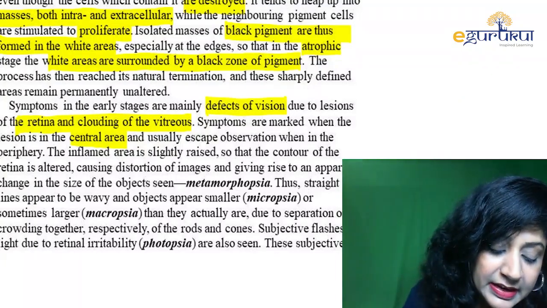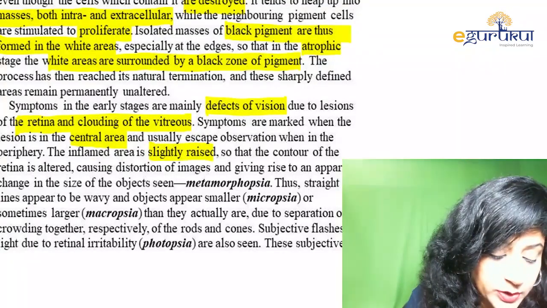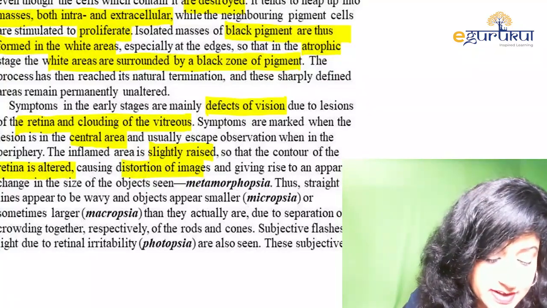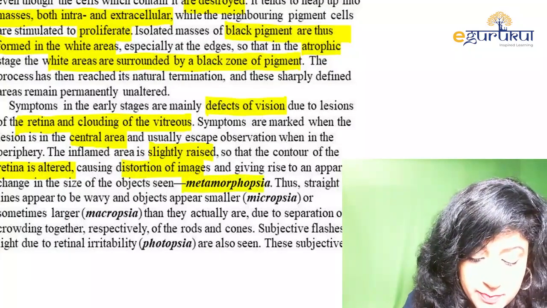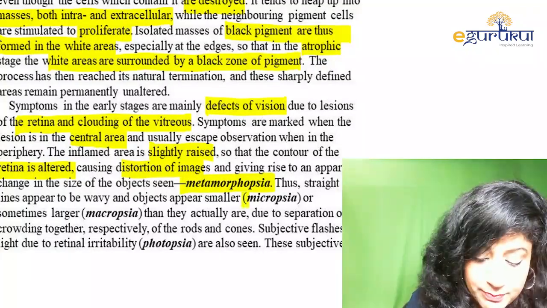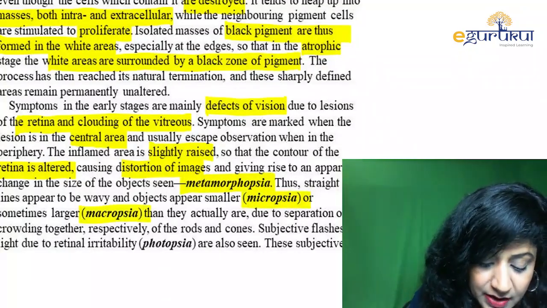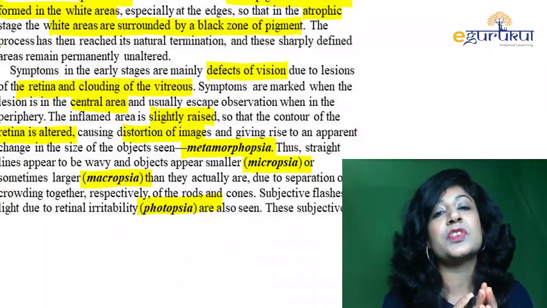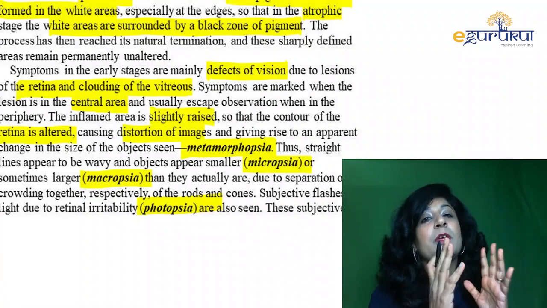of vision. The inflamed area is slightly raised so that the contour of the retina is altered, causing distortion of the images and giving rise to the apparent change. So we have metamorphopsia. We also have micropsia. We have macropsia. We have got the photopsia. So these are the changes which are happening due to the changes in the retina morphology, because the image is